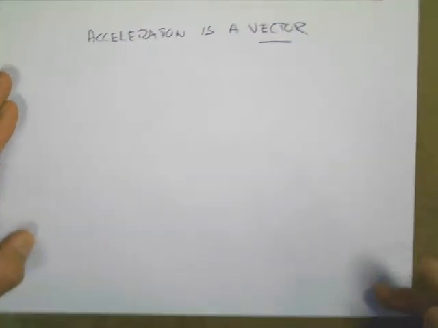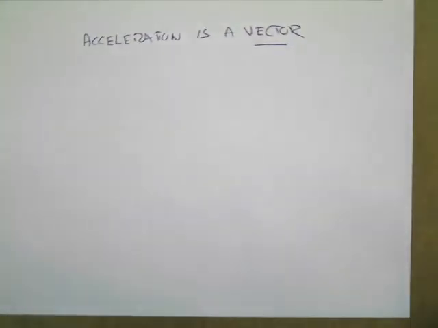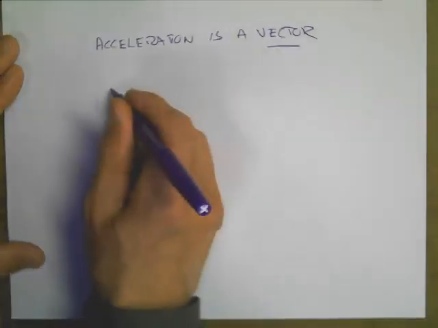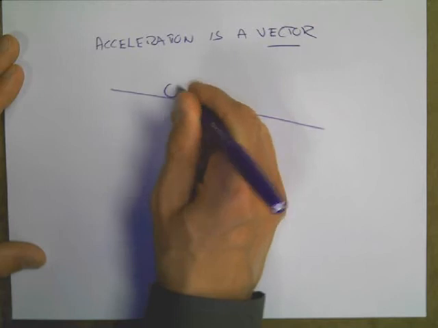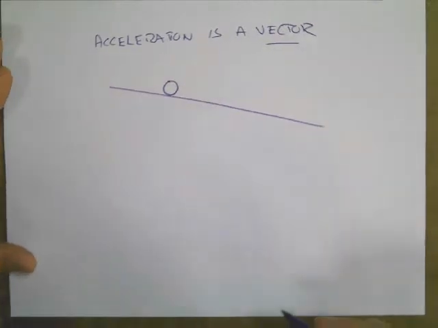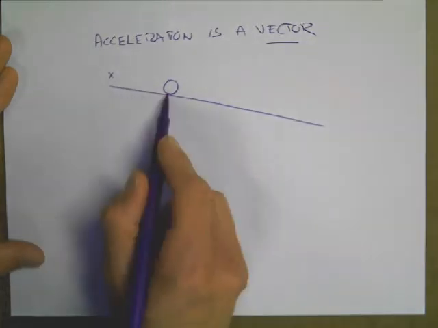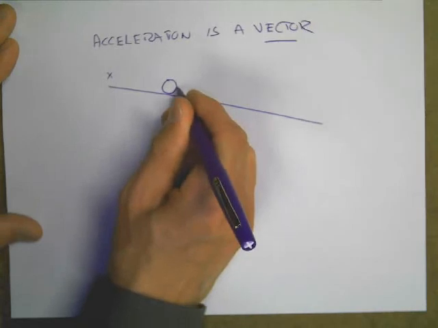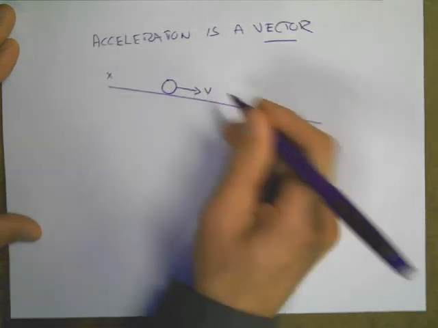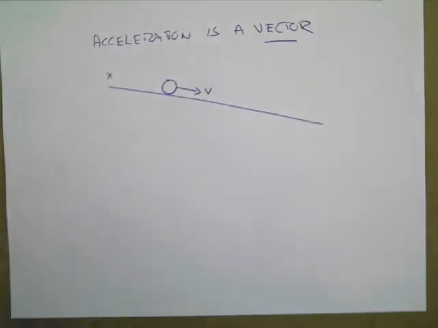Okay? And I hope by now you're probably like, yay, acceleration has direction, because that's what vectors have. And that's totally it. Okay? So, for example, to make a connection to the lab that you did, if you have a ramp and you put a ball on it, let's assume that the ball starts maybe up here and it starts to roll down the ramp. Okay? So after some time has gone by, that ball has a velocity which is in the direction of going